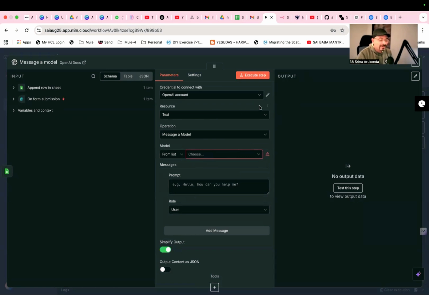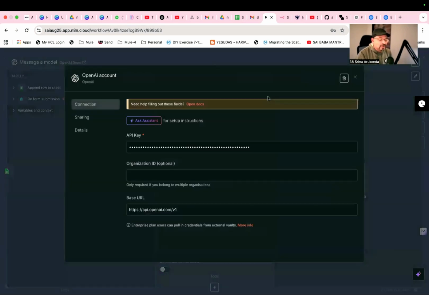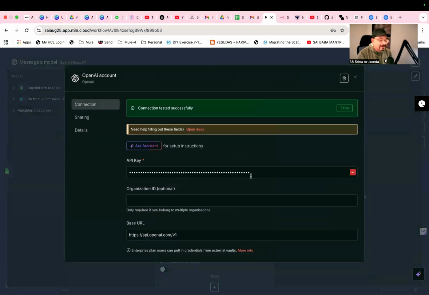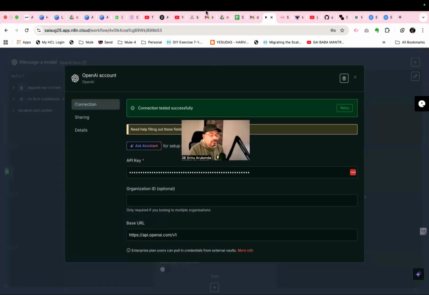The first thing is we'll configure ChatGPT. While configuring ChatGPT, it will ask for the API key. API key is required. So where can you find API keys? You can go to